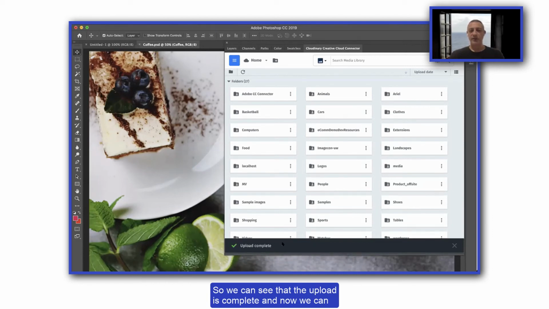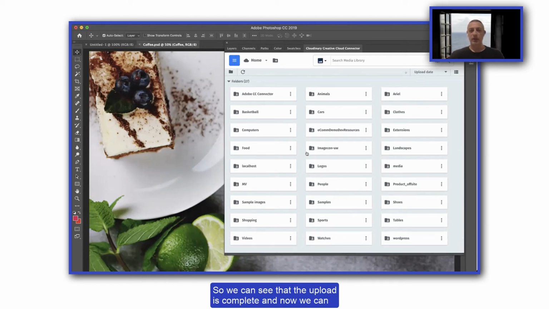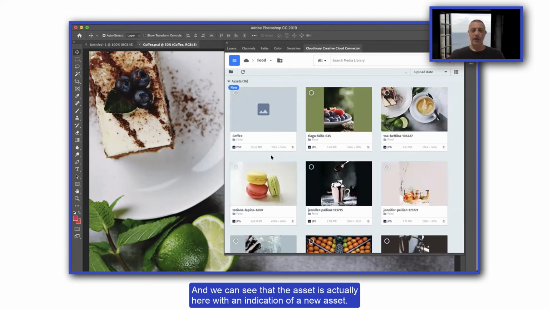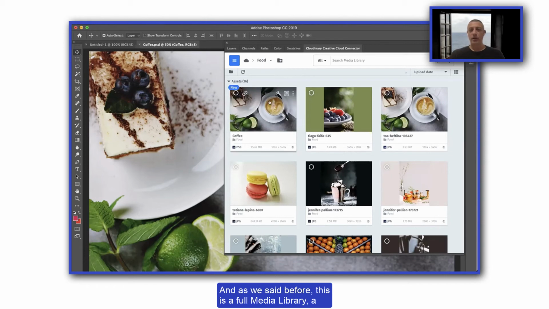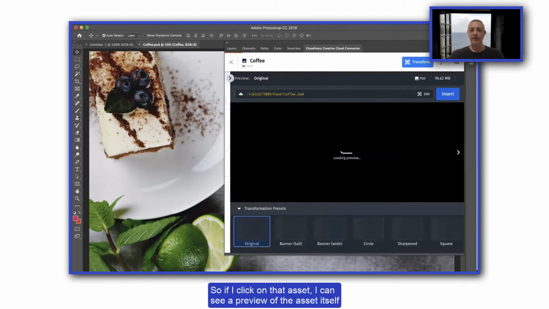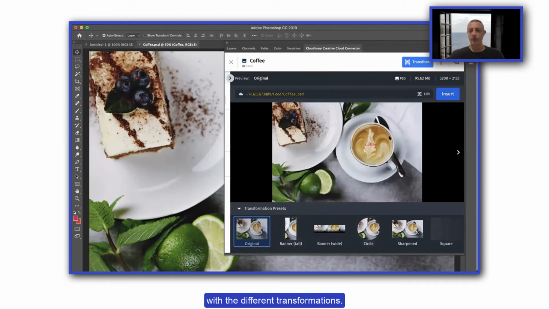So we can see that the upload is complete, and now we can navigate back to the food folder, and we can see that the asset is actually here with an indication of a new asset. And as we said before, this is a full media library, a full featured DAM solution. So if I click on that asset, I can see a preview of the asset itself with the different transformations.